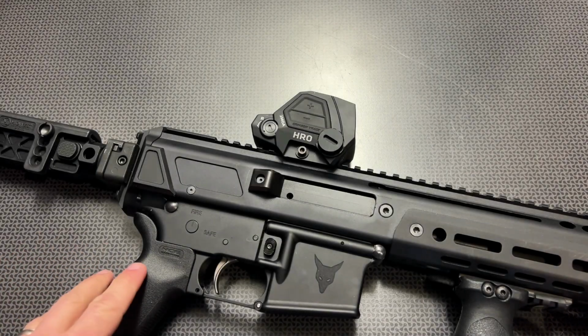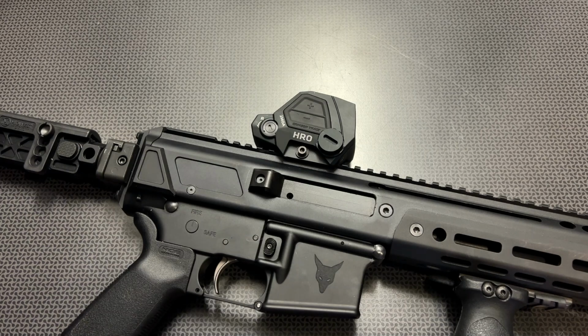All right, guys, well, I'm back today with an update on the Crimson Trace HRO large window red dot, or heavy recoil optic. The large window made this optic incredibly nice for competition, personal defense, and different shooting applications where a very forgiving large window was needed, and the other specs and features made it desirable as well, like the clear glass, auto-on or shake-awake technology, and the overall ergonomics and design of the optic and how it interfaced